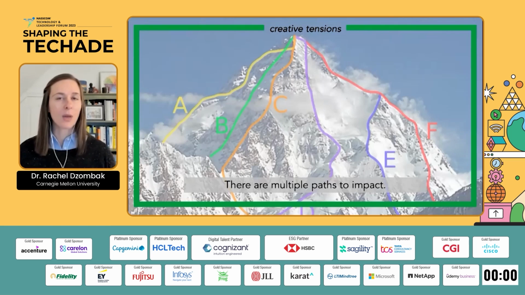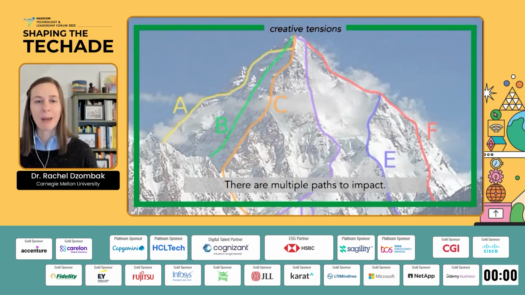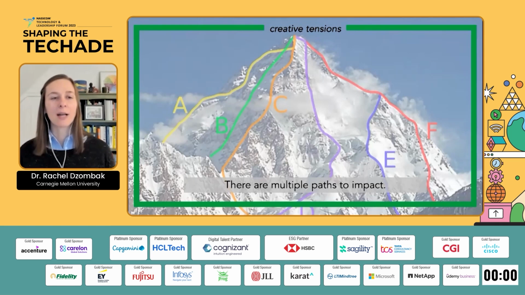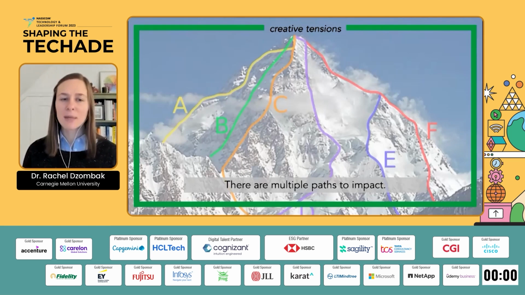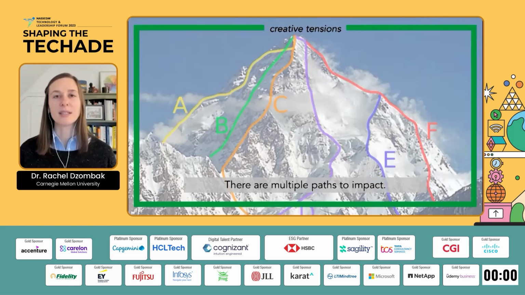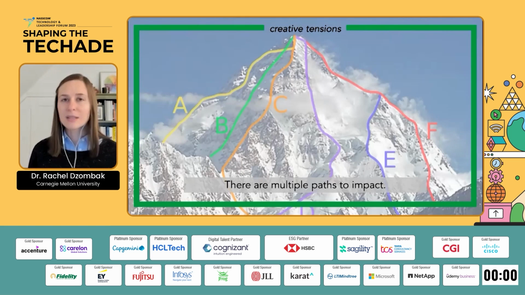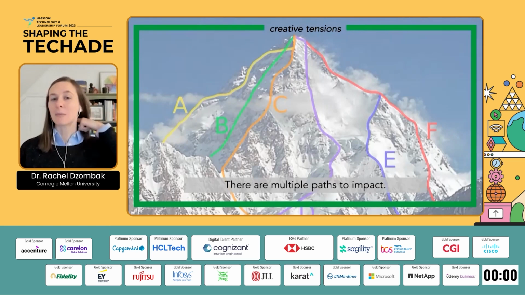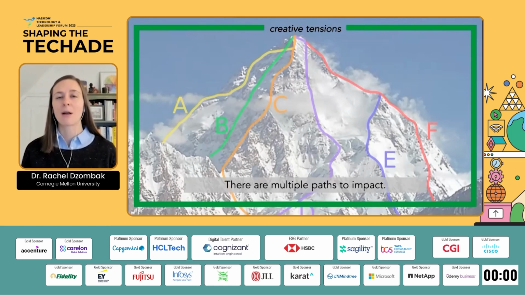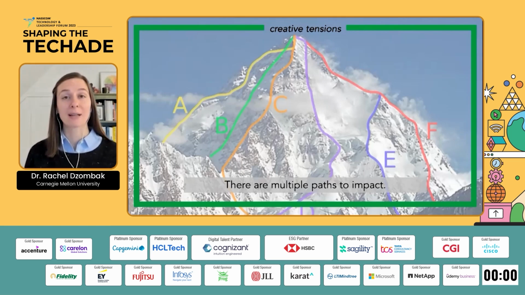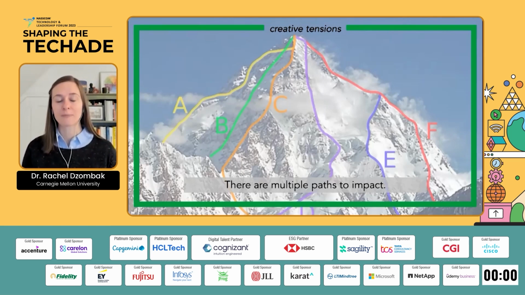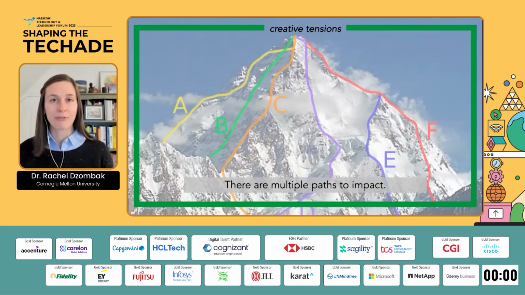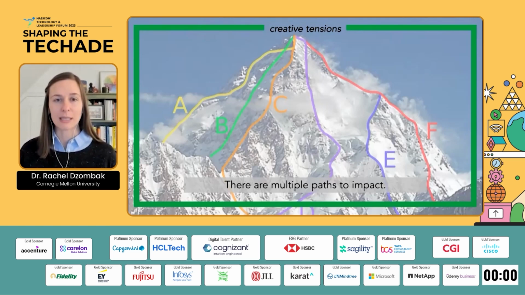So instead of saying, okay, we as a team, we're going to solely focus on path B to get up to this mountain, we're going to say, what could we learn about all of the paths? Why would they be different and beneficial to us in different situations? Is there necessarily a right or wrong, or is it just trying one, seeing what it leads to? Because the truth is, in complex systems, there's multiple paths to impact. There's multiple ways of working. And this is what I think leads to the fundamental mindset shift that's needed.